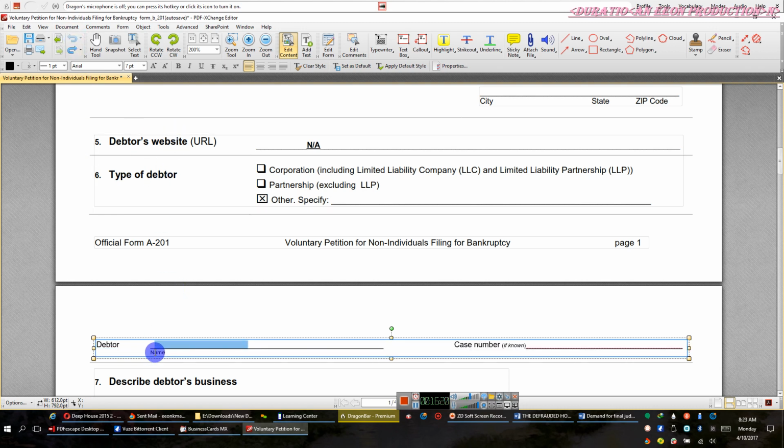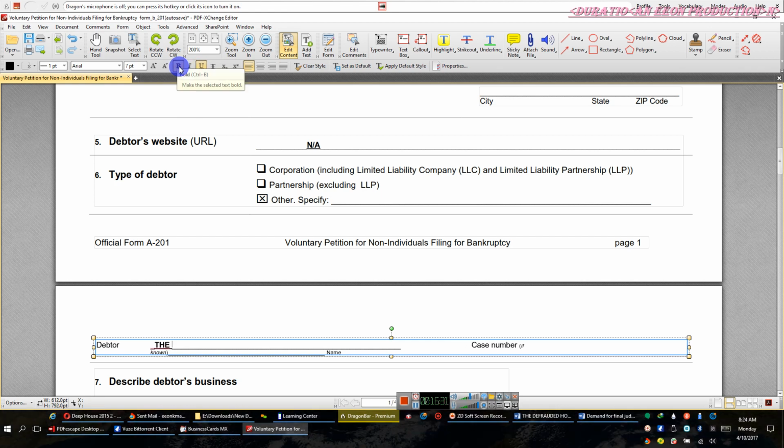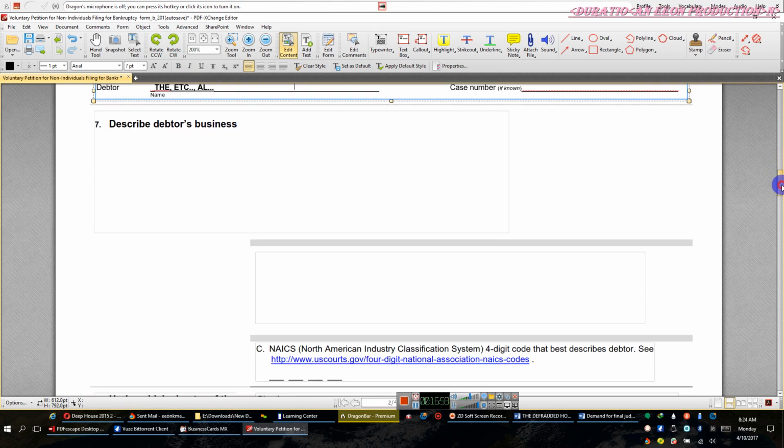Okay, I gotta do it this way, so you all are gonna have to do it this way too. We're gonna have to hit the underline button, the bold button. Then we're gonna do comma, gotta get rid of that space, comma, etc., period, comma, al., period, etc., al. Then we're gonna come to the end or middle of this line and hit backspace until we get the rest of the line back where it belongs. And now you see name is in the right place. Okay, walking you through this step by step.